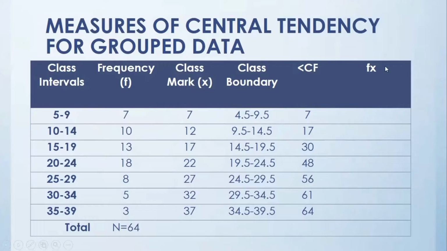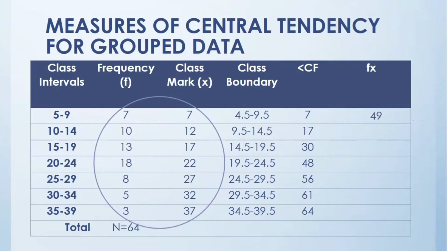So ang hindi na lang kayo familiar is this new column or the fx column. So, dito sa fx column, we're just going to focus on the frequency column and the class mark column. And to compute for the fx of each class, you're just going to multiply the frequency and class mark of each class. And by doing so, we're going to have 7 multiplied to 7 for the first class kasi yun yung frequency and class mark niya, so that the value of fx of the first class will be equal to